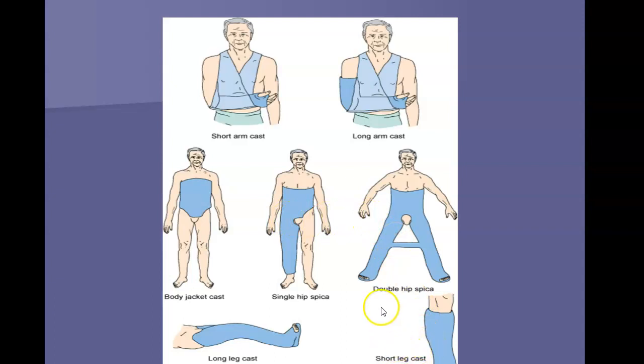But we always want to check the circulation below a cast. So if the person here had this cast on their arm, we would check the fingers. Are they numb? Are they tingly? Are they turning colors? Does the color look good? We can pinch the nail beds. Remember, that's called blanching. Blanch the nail beds and it'll kind of turn white. Make sure the color comes right back. So you always want to check the circulation below a cast site to make sure blood flow is getting all the way through it.